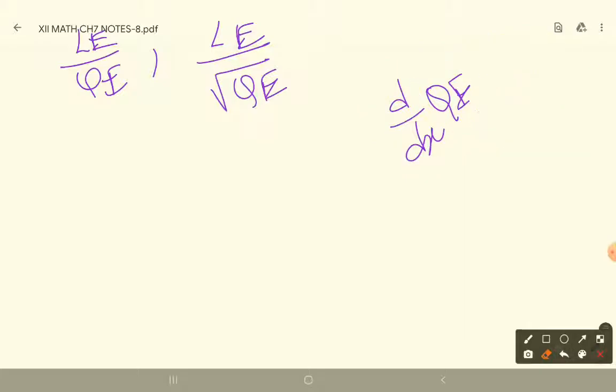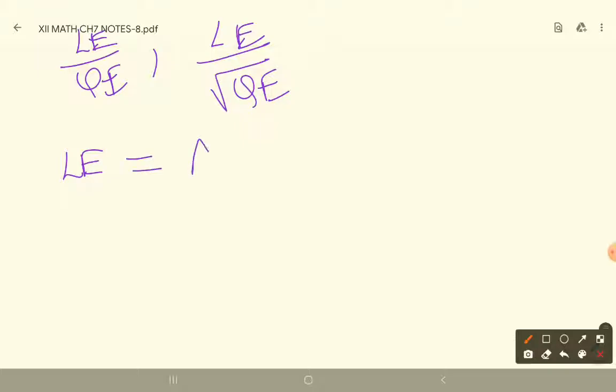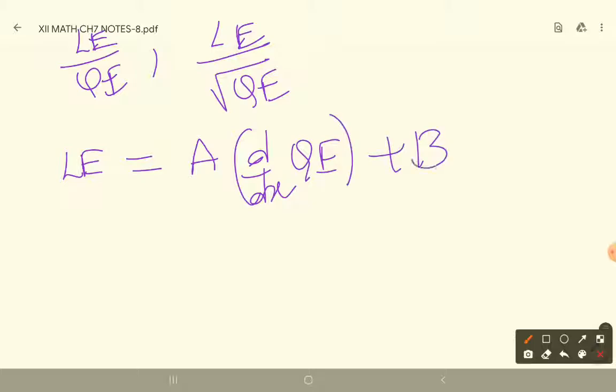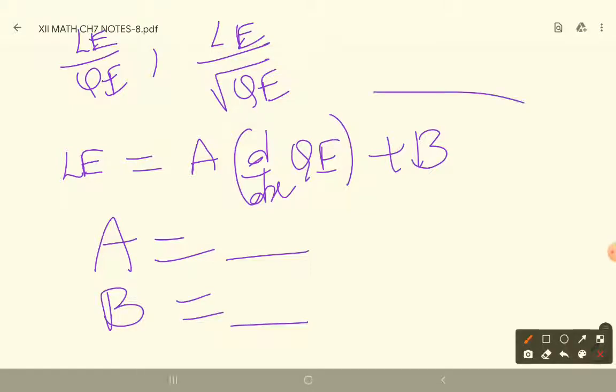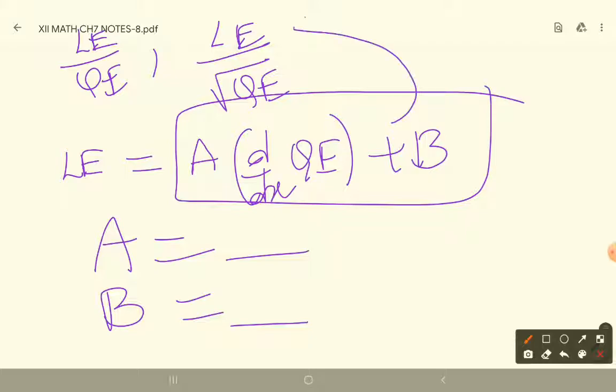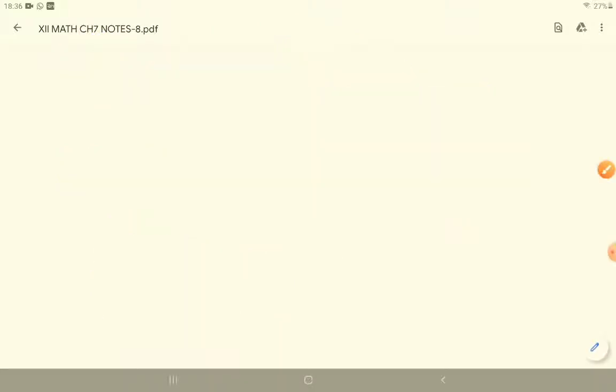But when the derivative is not present, that time the linear expression in the numerator must be expressed as a into derivative of the quadratic expression plus b. After that, find out the a value and b value, then substitute these a, b values in the linear expression with the quadratic expression derivative, then split the fraction and do the special integrals and substitution method. Then you will get the answer. That is the process to be followed for all the questions.